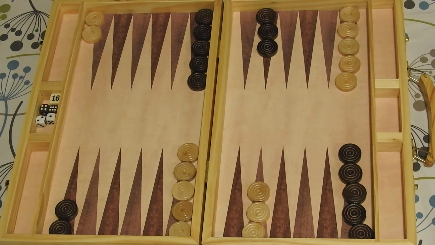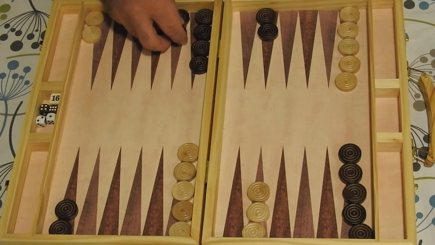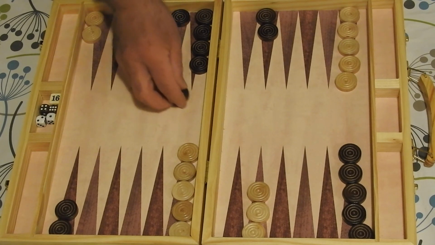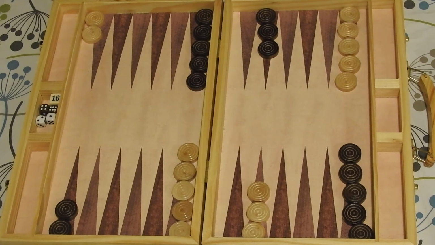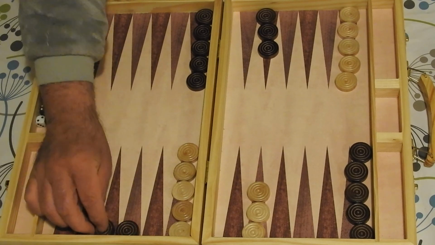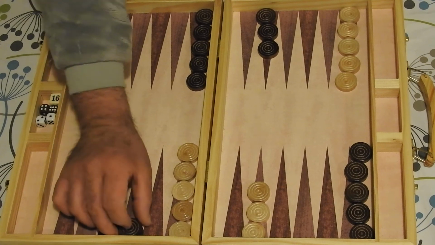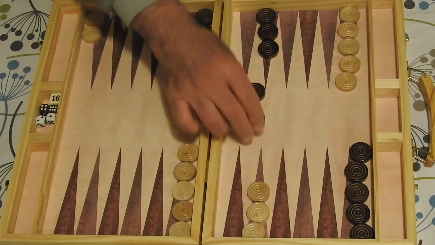A 3 and a 1, the standard move for a 3 and a 1 is 3 and 1. You've anchored a key priming point here. So that's standard play for a 3 and a 1. A 3 and a 2, again, just like the 4 and 1, you could go 1, 2, 3, 1, 2, and then hope for a 4 and a 3, because if you get a 4 and a 3 on the next move, you can anchor this point here,